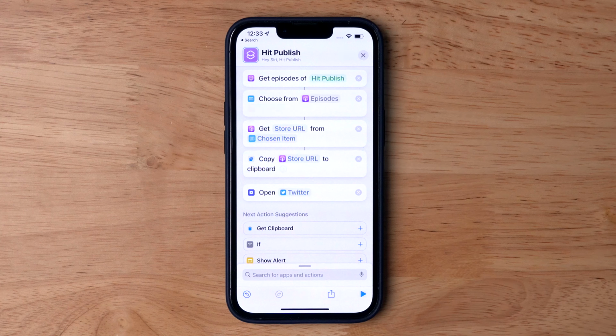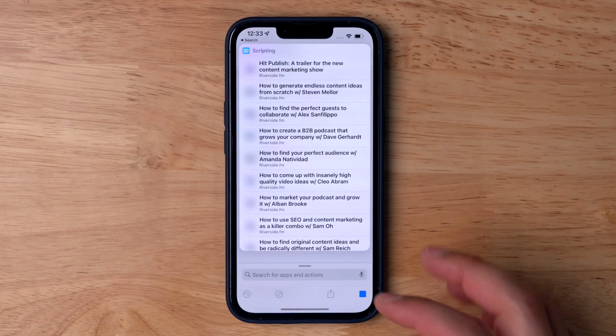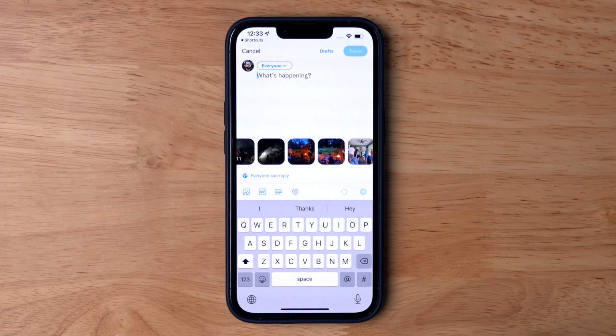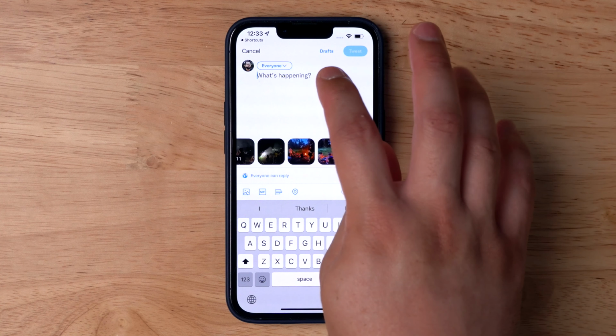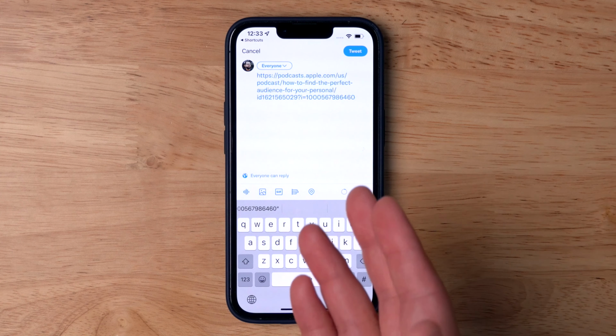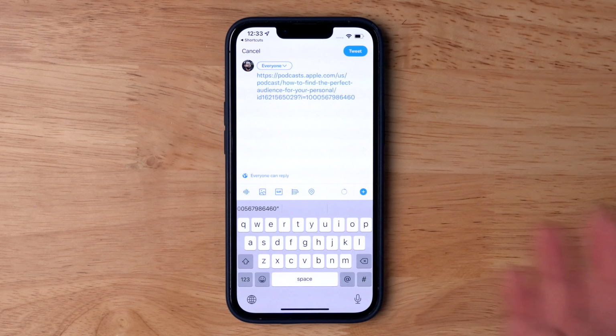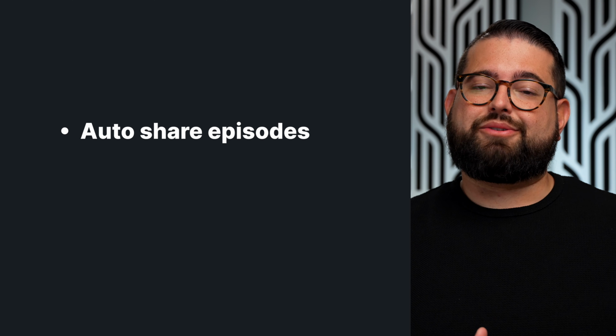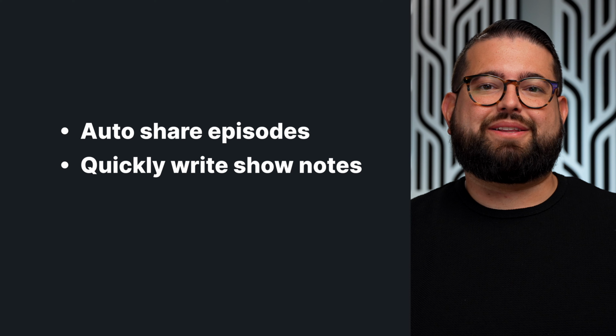Now when I play this shortcut, you'll see it's going to pull the latest episodes of the Hit Publish podcast. I'll tap one episode. It will automatically open the Twitter app. And now when I paste, because that shortcut copied the URL to my clipboard, right there I have the Apple Podcast URL already ready to share, and I can tweet it out for that specific episode. So those are 3 ways to automate the production of your podcast. Automatically share new episodes on social media, quickly write your show notes, and using Shortcuts on the Mac to automate